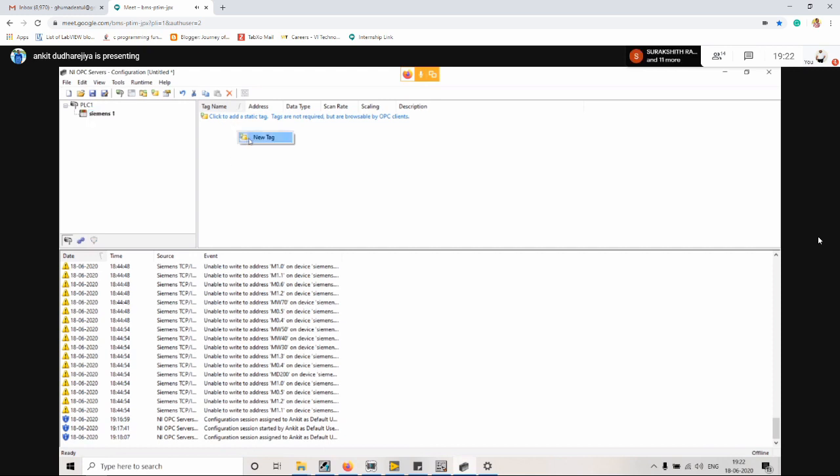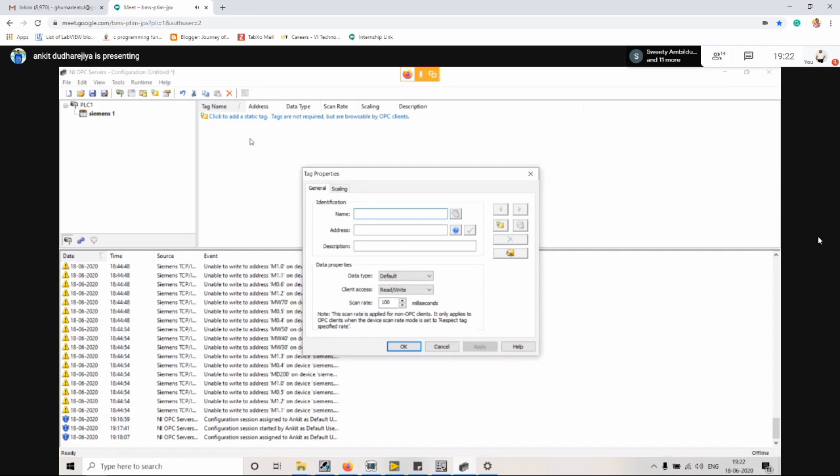So we have to right click, and you can click on new tag. Now we have to give a tag name. So suppose we want to create a tag for a start switch. So suppose I am giving a name as start. We will give a very simple name, so that we will be able to understand easily. If any issue, then while doing troubleshooting, we will be able to figure it out easily. So we will give a very simple name, like we are using a start push button, so that's why I'm giving the name as start. You can give any name. If you give your own name also, there is no issue, but we will use the standard name, so we will be able to figure it out during our troubleshooting.